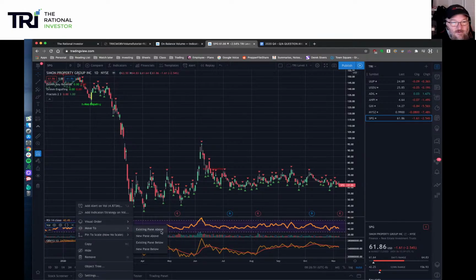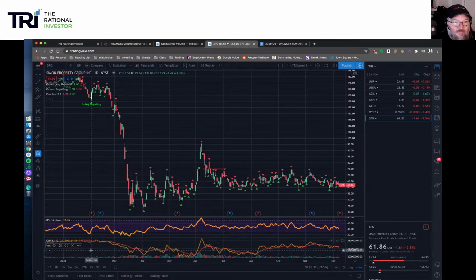Move to existing pane below. What I typically do with volume, I can always see the volume number if I mouse over this, and you see these numbers up in the upper left corner will tell you the volume numbers, but I don't really care what